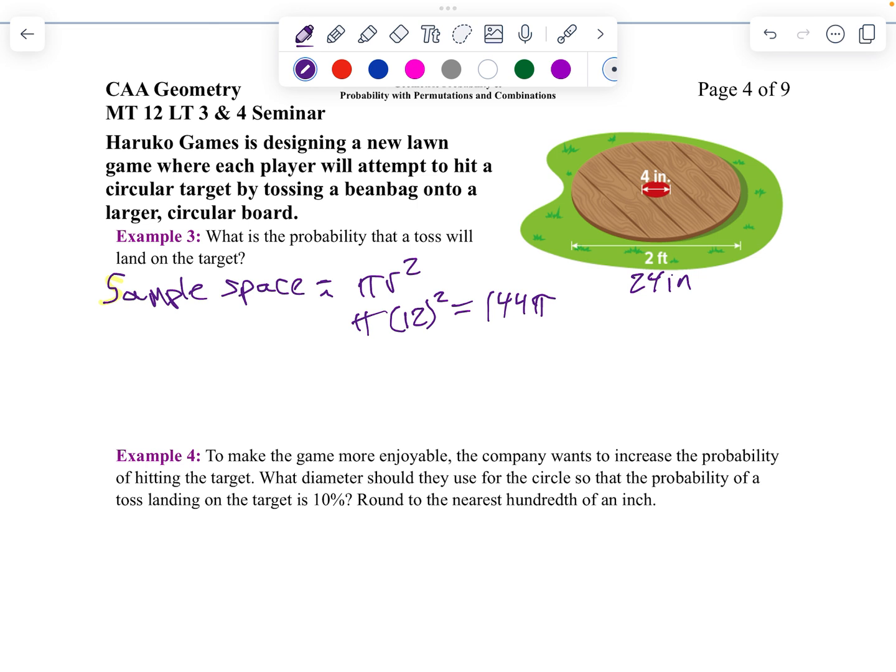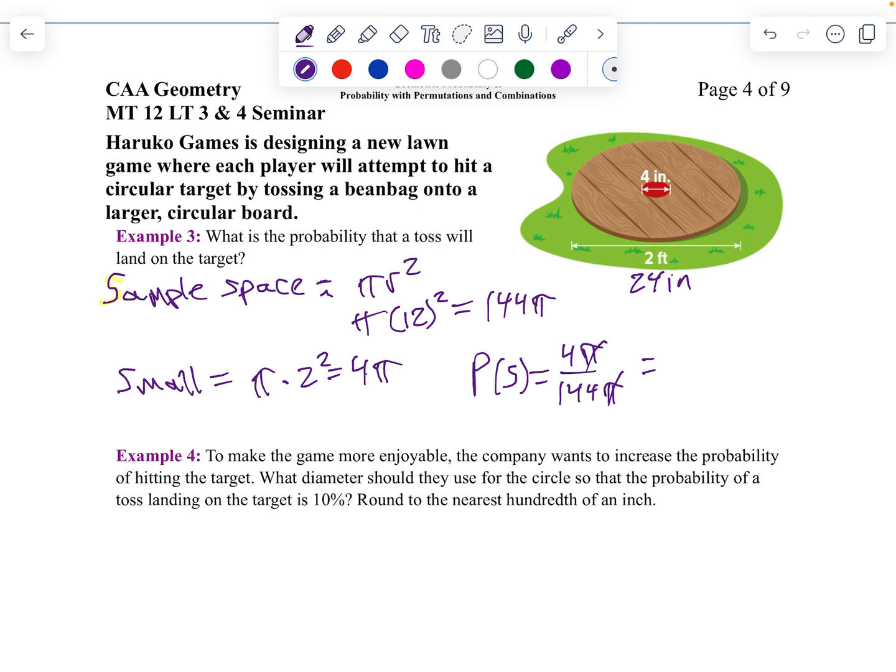What I want is the area of my small circle. So that'll be pi times 2 squared, which will be 4 pi. So my probability of getting it into the small circle is going to be 4 pi over 144 pi. My pi's reduce, and I will get,